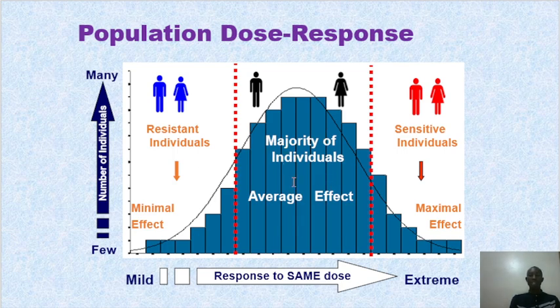So we have to always understand that some people who are resistant, if this is our normal distribution curve, they always take this left side. Then the many who will be affected with average effects will be in the middle. Then on our right side, a small portion are those who are sensitive. So when people are making drugs, or when we are manufacturing drugs in clinical toxicology, we always consider the number of these people who will be sensitive, and we always try to minimize or reduce the number.